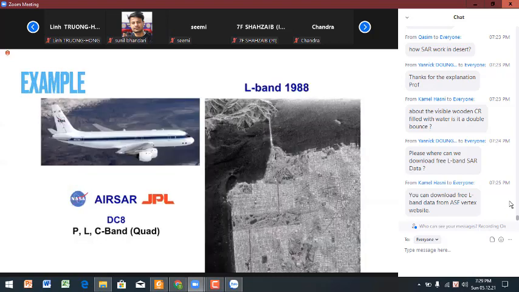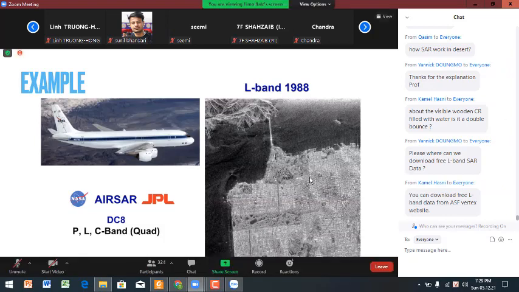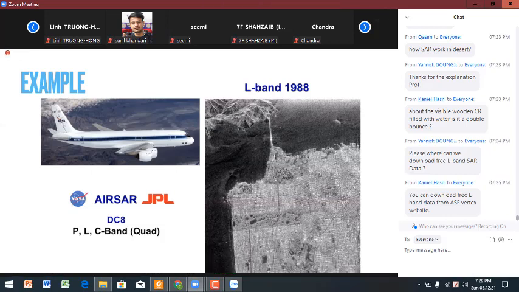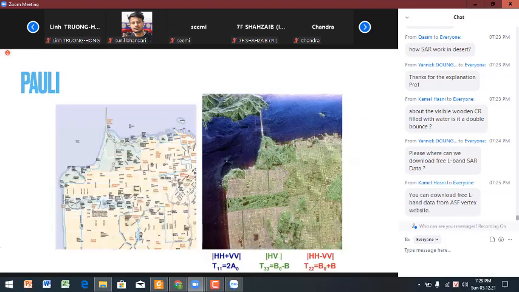Right? Let's take a look at an example. I think it's San Francisco. I did not write it here. Anyway, here it's some L-band data. This is quite an old example. That's the amplitude image, and if we change it to that Pauli scattering matrix, you see, we can now have a form of classification already. Okay, we have bluish, which is coming from the single bounce scattering. You see that is coming from the water surface,